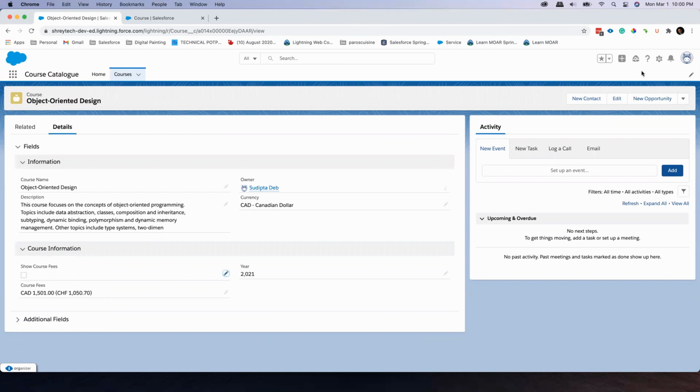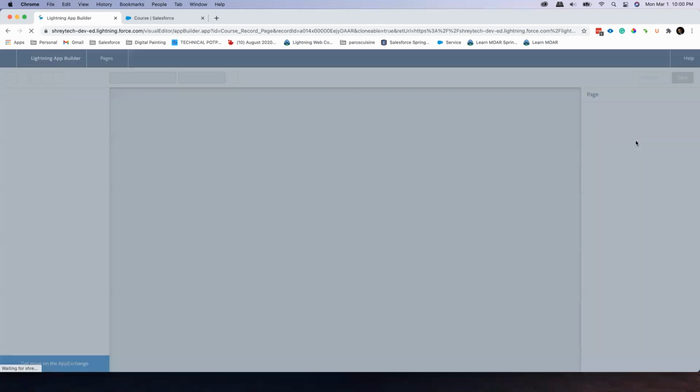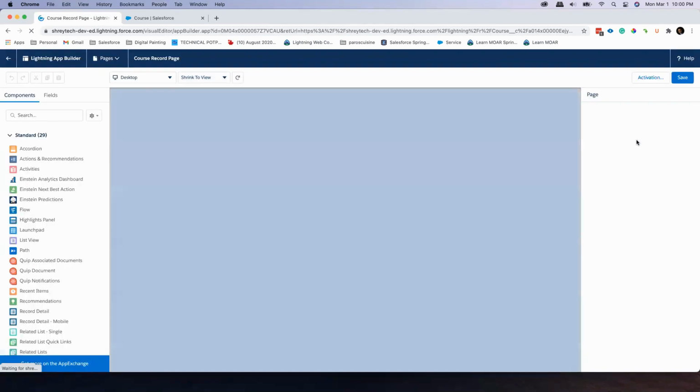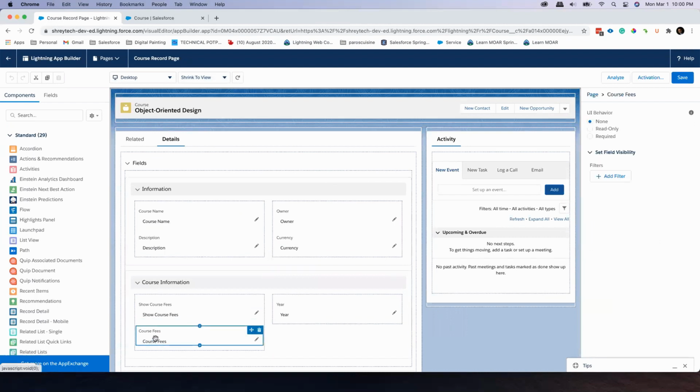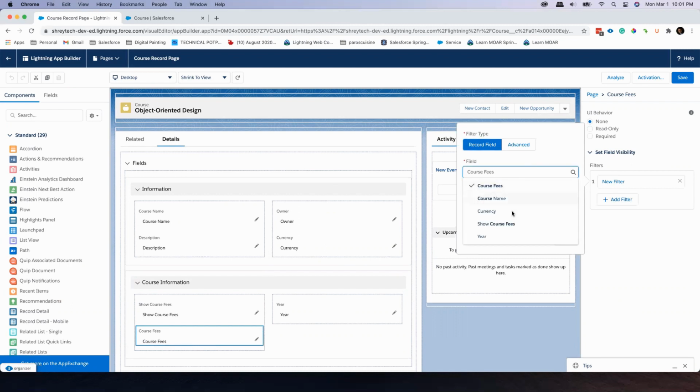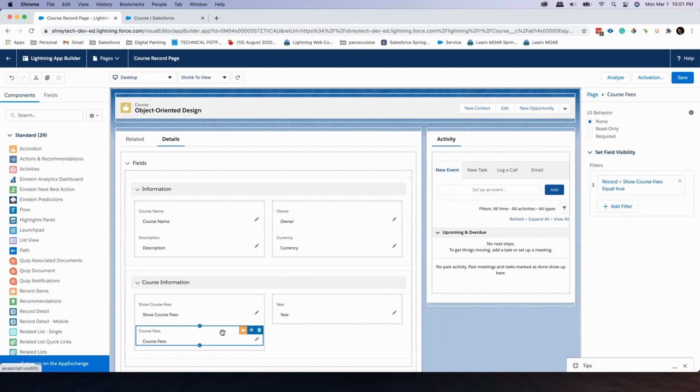Now, the good part is that I can still do that with the help of dynamic form. So to do that, let me go to the edit page, and this is the field for which I want to change the visibility. I can select this field. Here there is a set field visibility. I can click on add filter. Here, show course fee equals true. So now what is happening, this field will be visible only when the course fee checkbox is checked. So let me save that,